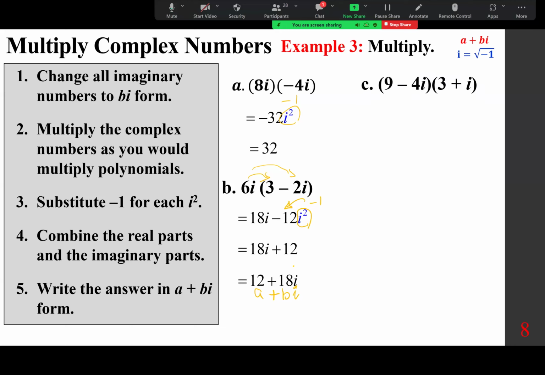We are going to FOIL. So 9 times 3, 27, plus 9i minus 12i minus 4i squared. So just the foiling. And quickly, i squared is replaced with negative 1. So times negative 4 becomes positive 4. And